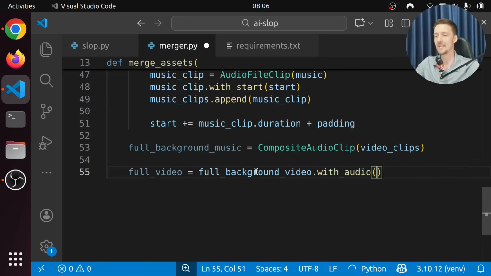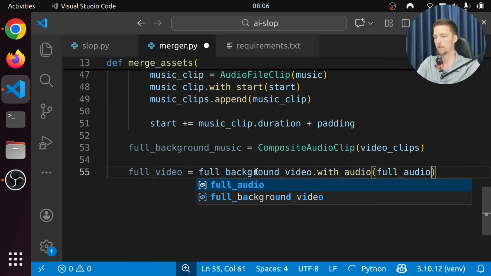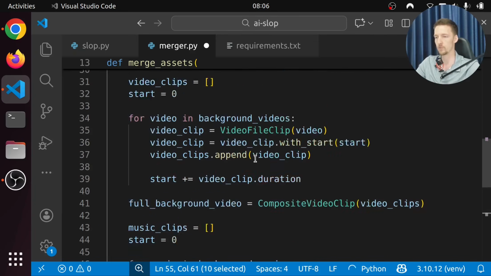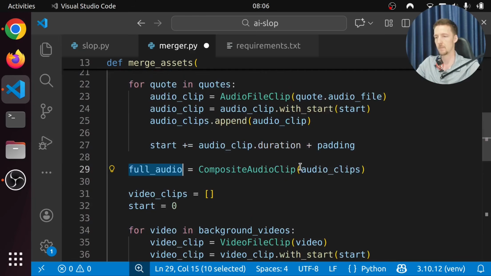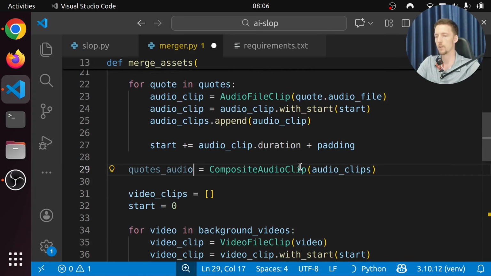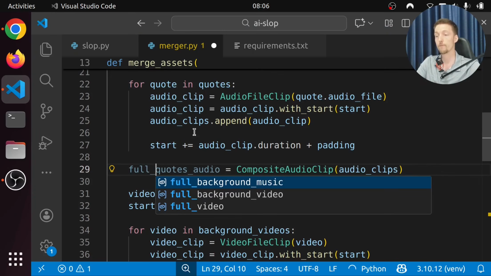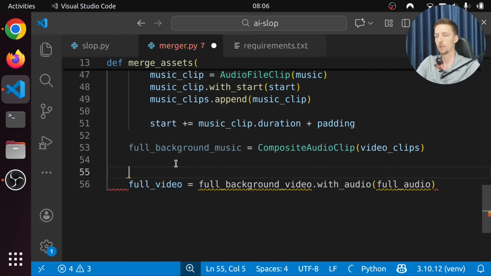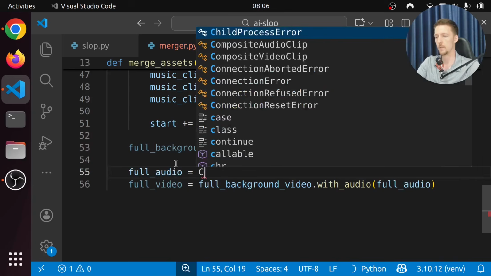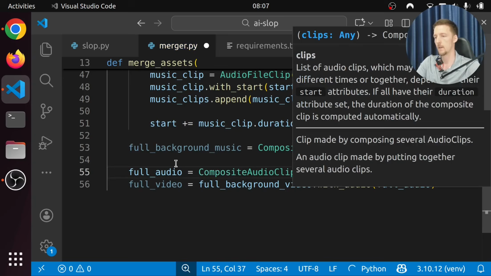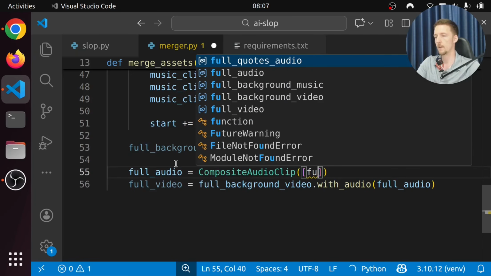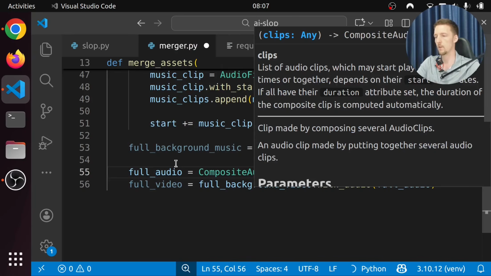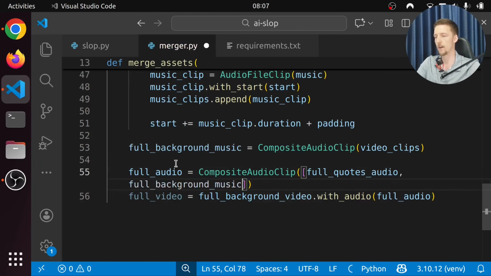So we have to make a full audio, which I already named the quotes full audio. So maybe this can be just quotes_audio. Let's name it even full_quotes_audio since everything else is full. So the full audio is going to be a CompositeAudioClip. And we're going to put in here the full quotes audio and the full background music.